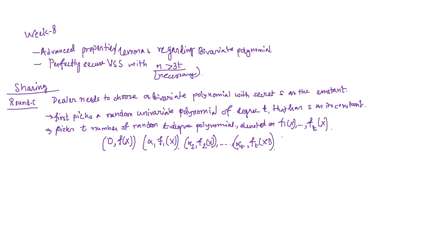These are the t plus 1 distinct evaluation points, 0, alpha 1, alpha 2 till alpha t, and corresponding evaluation of f(x,y) are represented as these random polynomials with the only restriction that f of 0 is equal to s, and this will certainly give us a unique bivariate polynomial. Okay, now